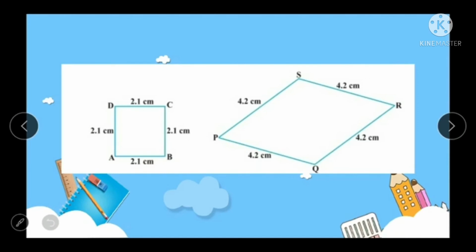But we can conclude one more thing from this, that for the similarity of two polygons, two necessary conditions are there. One is their corresponding angles should be the same. And the second one is their sides should be in the same proportion. Now in these two quadrilaterals, the sides are in the same proportion, but the angles are not equal. So one condition is satisfied and one is not satisfied, hence they are not similar.